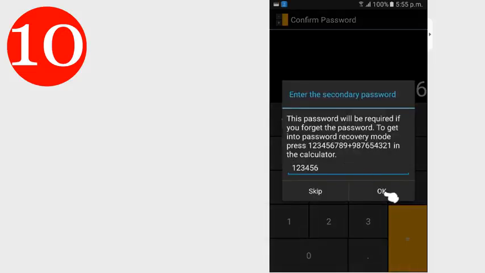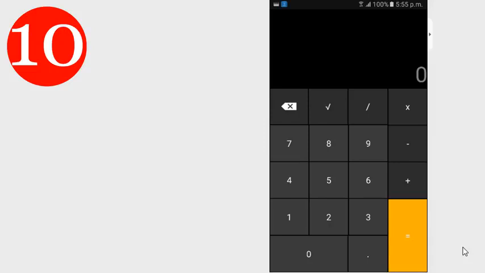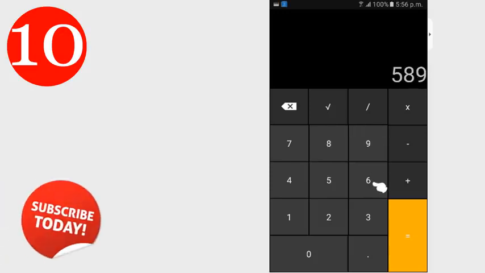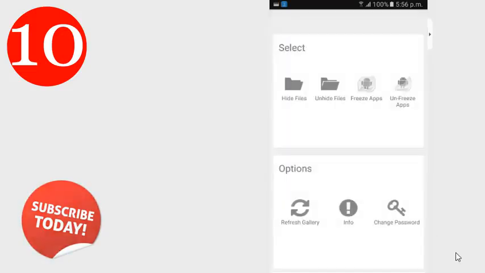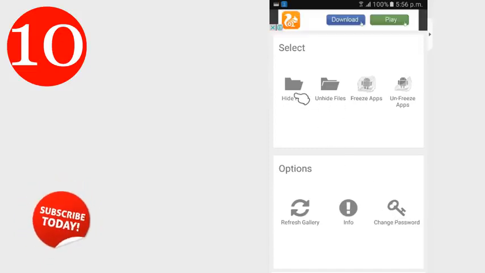After you confirm the password, you will see the fully functional calculator app on your screen. You just need to enter the password and tap on the equals button to access the vault. Once you enter the password and tap on the equals button, you will get to see the options like hide files and unhide files. That's it.